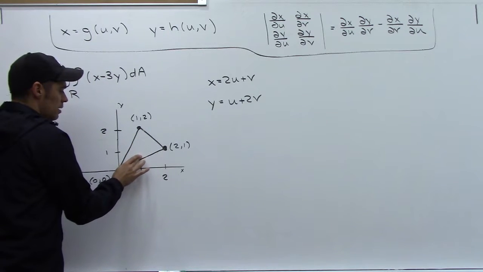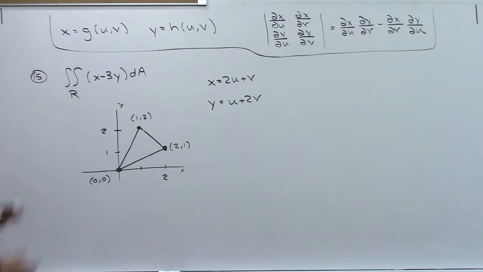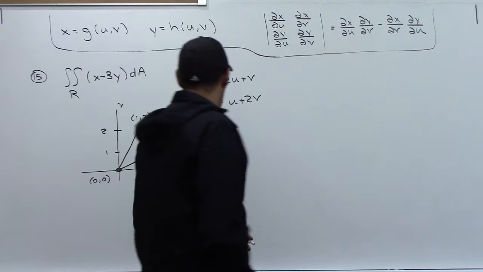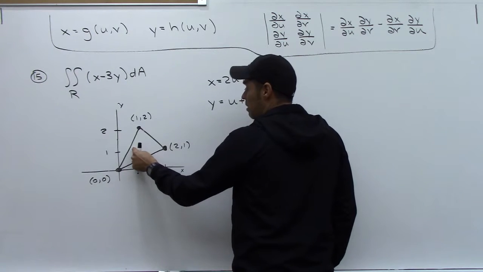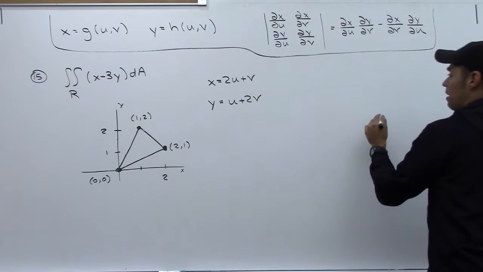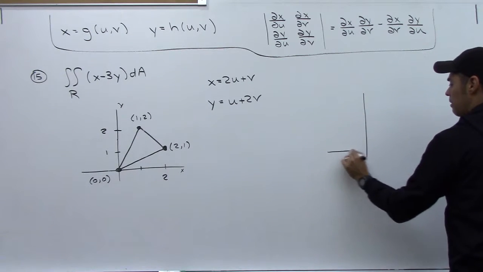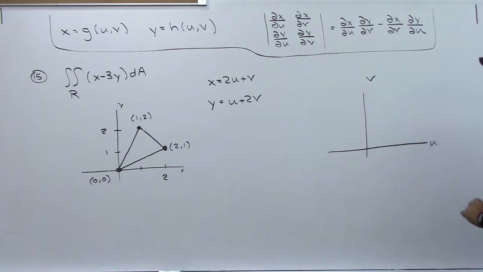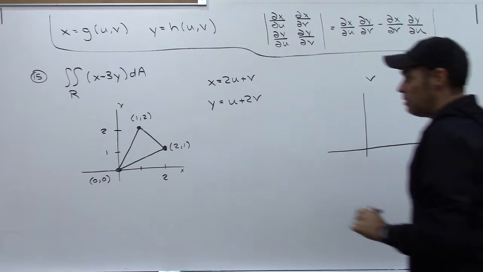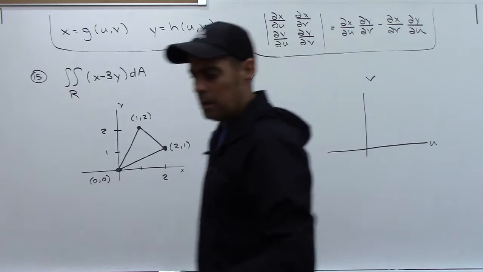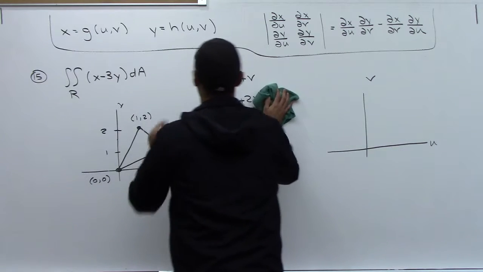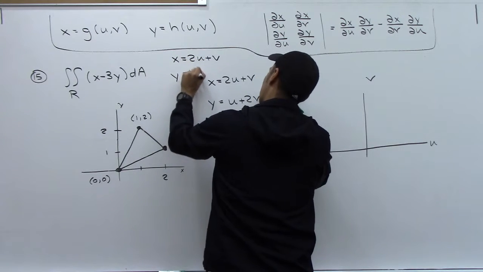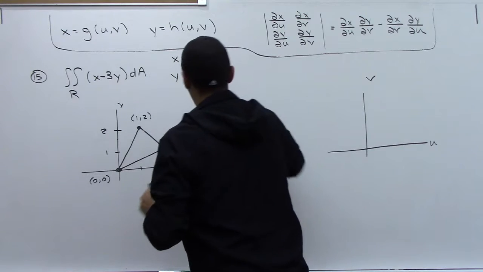But the whole point of change of variables is to try and get a nicer region from an ugly region. So these are given to us, and that's a big deal that they're given to us. So the question is, what does this become in the transformation? So we're trying to convert that region in the xy plane to the uv plane, and hopefully it'll be a nice region. So let's start out by, let me move these a little bit. x equals 2u plus v, y equals u plus 2v. All right, give myself some room here. So let me first ask,